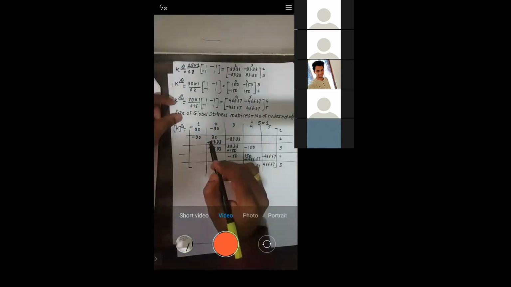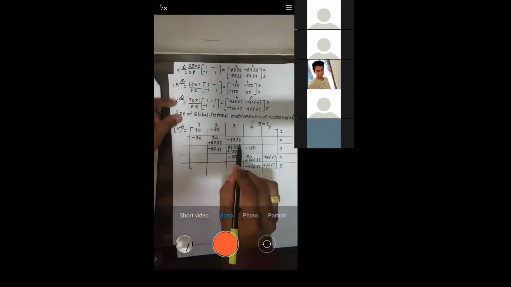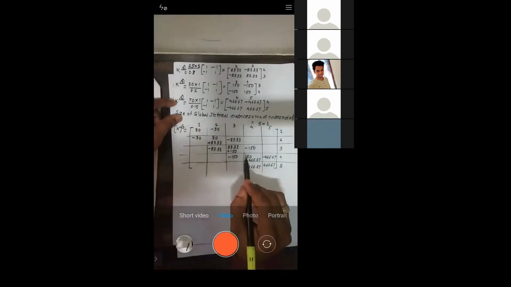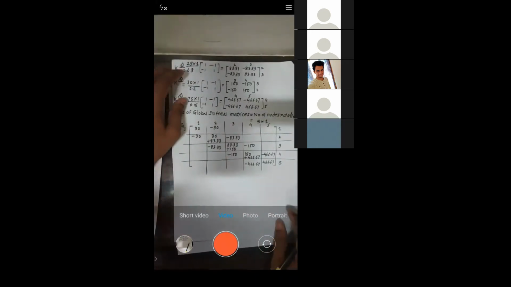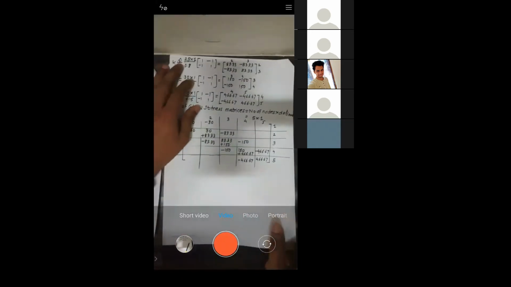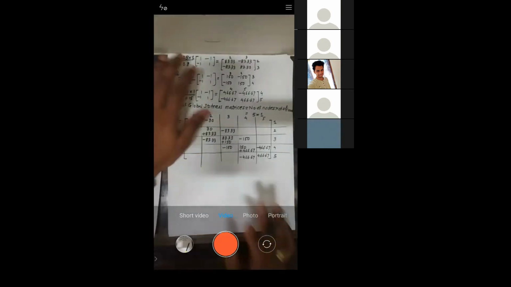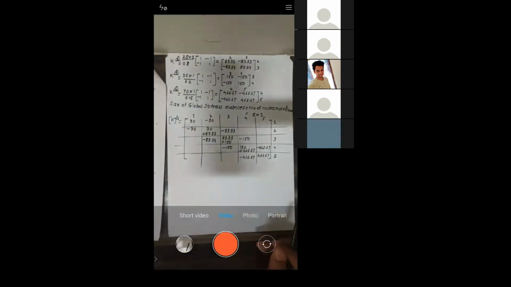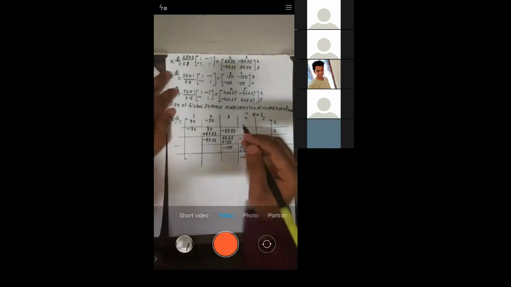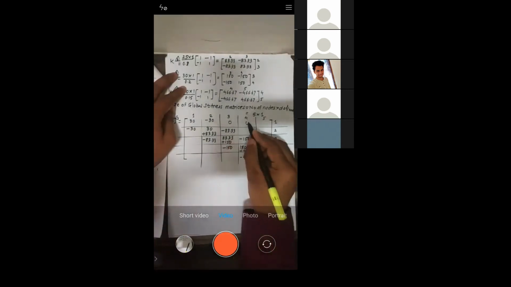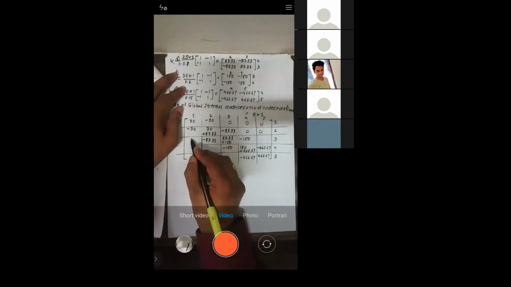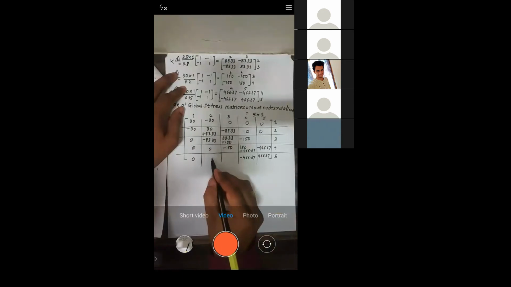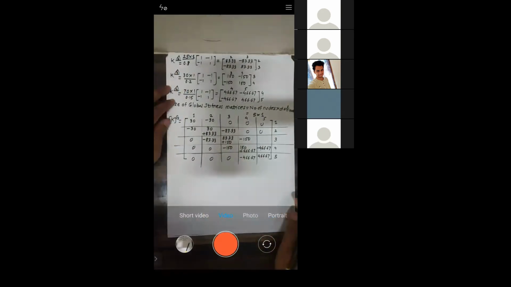So on node 2, there will be the effect of elements 1 and 2. On node 3, the effect of 2 and 3. And at node 4, the effect of 3 and 4. Getting this one? Is it okay? Yes, sir. Okay. Now see, the places where you don't have any element, there you need to put 0.